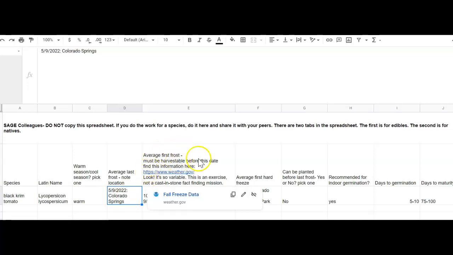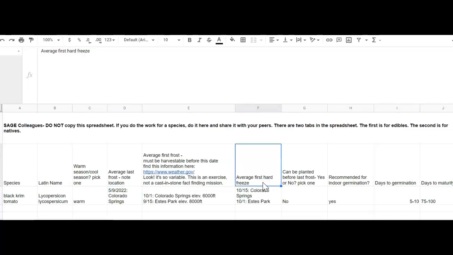And then we want to look at the average first frost. And so I put these right next to each other because this is basically your opportunity, right? This looks to me like an opportunity that is just shy of 5 months. That's my growing season. And then sometime a week or two after the first frost, there's the first hard freeze. The first hard freeze is 28 degrees or lower, and this is typically a plant killing freeze. Whereas the frost, you could use some covers, row covers, that kind of thing, to extend